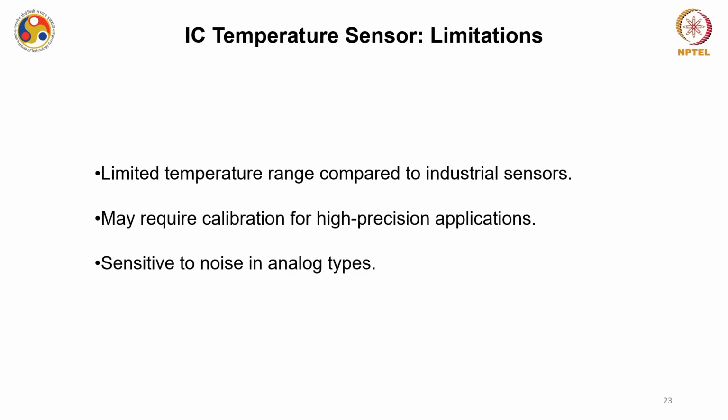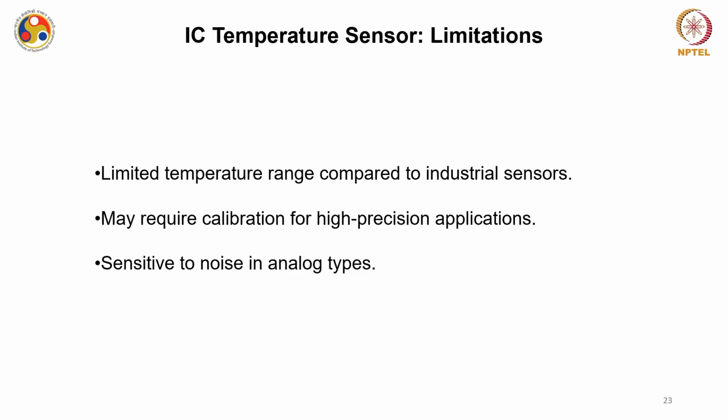However, they have certain limitations, like the limited temperature range compared to the industrial sensor, which is one of the disadvantages. So till now I think we have not seen any sensor which has such a limited range of say minus 55 degrees Celsius to only 150 degrees Celsius, okay. And although many of these sensors have an integrated calibration system, they require calibration for high precision applications very frequently,